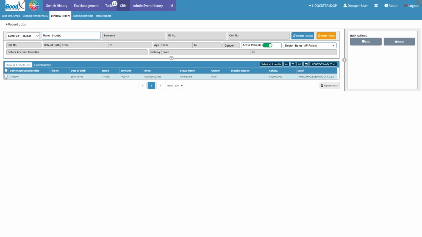Please note that from the birthday report screen, you are able to send bulk SMS messages or emails by selecting more than one patient or debtor. The birthday sidebar will open, with more options to perform on the specific debtor or patient. For more information on functions on the birthday report sidebar, please refer to the birthday report sidebar user manual, linked